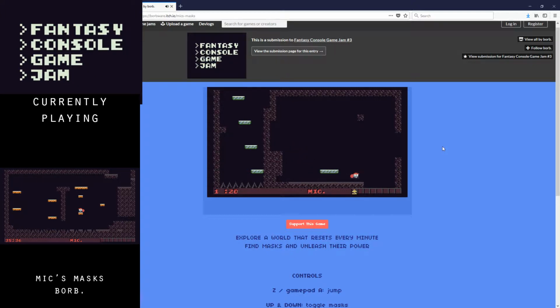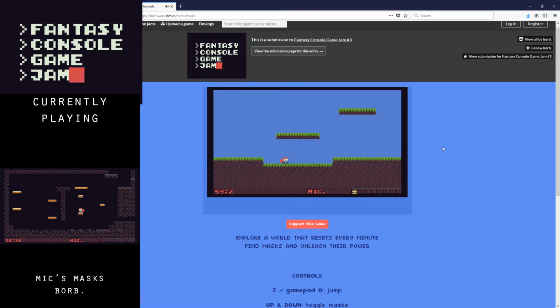Yes, I got the mask. So, time is about to reset. It resets every, this is the jump mask, it resets every 60 seconds. So now that I have the jump mask,